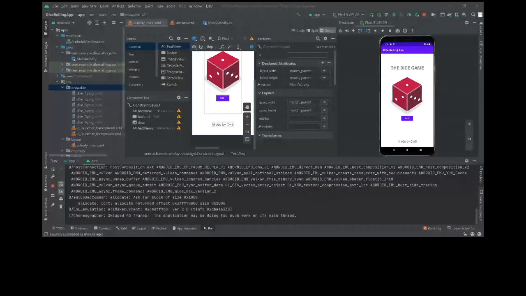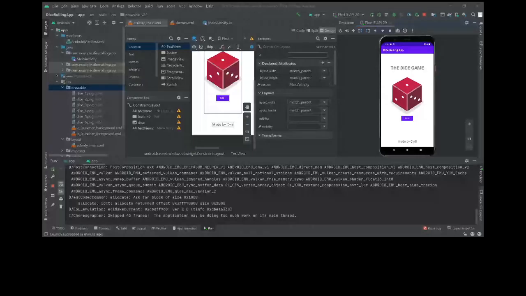Is there anyone who has done till this part? Added the images, added the button, added the title, and also the footer. Done. Okay. So now you can see if you click the button, it is not doing anything. What we need to do is add the functionality so that when we click this button, our dice rolls a random number and displays the images according to the number that you have rolled. So we'll be doing that now.